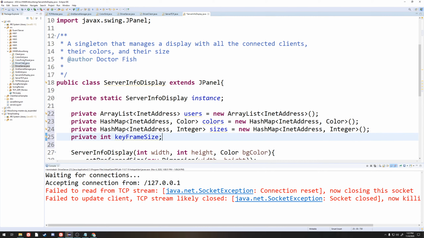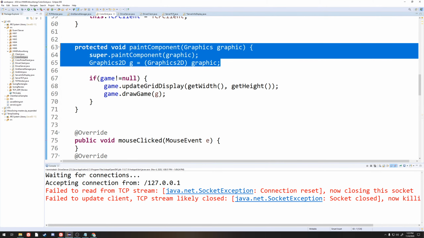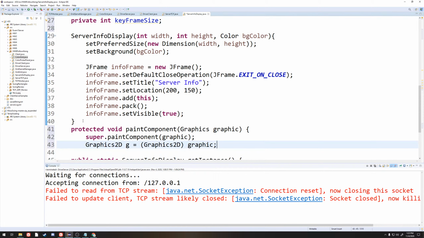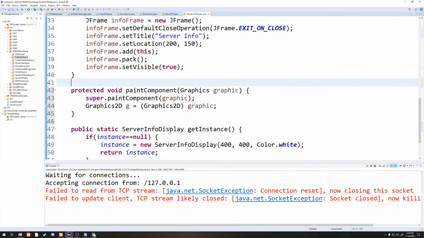So let me copy a paint component method from somewhere so I don't have to rewrite it. Here we go, I'll just copy up to there. And then add the curly bracket in myself. Alright, great, I've got a paint component method here. So I want to print all of the different